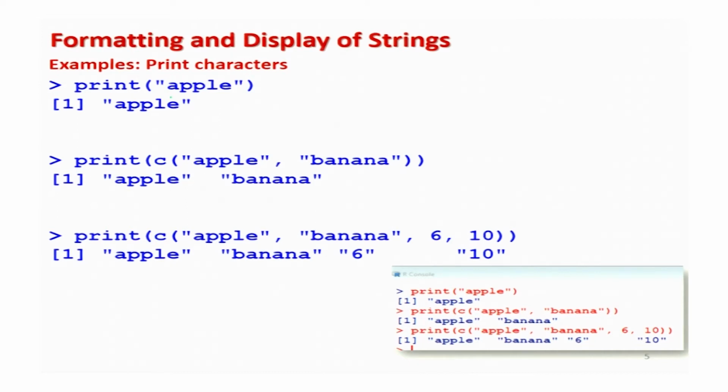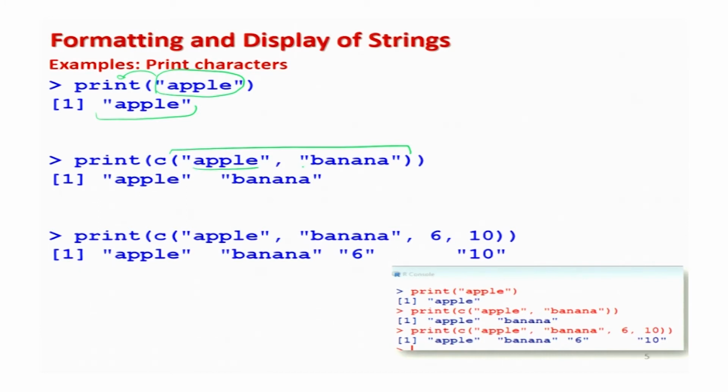I take the apple within the double quotes and use the command print. So this will print apple. Now you cannot talk about how many letters you want, because these are strings. Similarly, if you want to print a data vector which has, suppose, 2 characters, 2 strings,